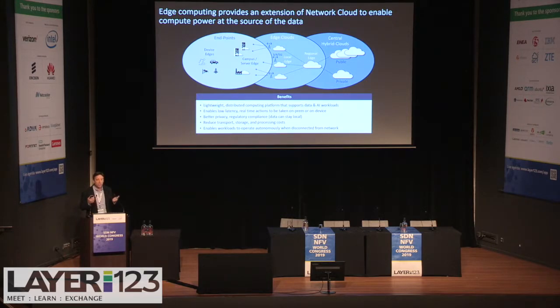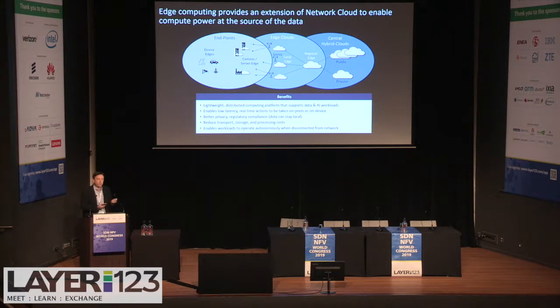Better privacy, regulatory concerns. We heard a gentleman from Ofcom this morning talking about those regulatory concerns. Very important. We have to acknowledge it. They are trying to protect us as consumers. Transport costs, storage costs, processing costs, it's self-explanatory, right? If we want to take video cameras all around The Hague, and if we want to send them up to Amsterdam for processing, that's going to cost a lot of money. If we can do that processing and inference local to the device, local to that video camera at the front of the building, that makes more economic sense, right?